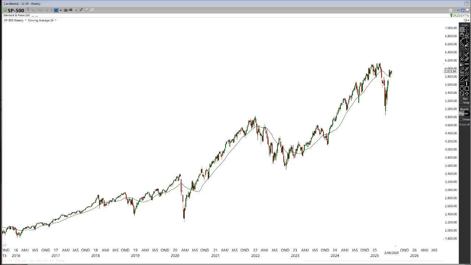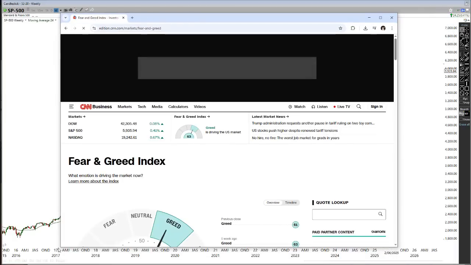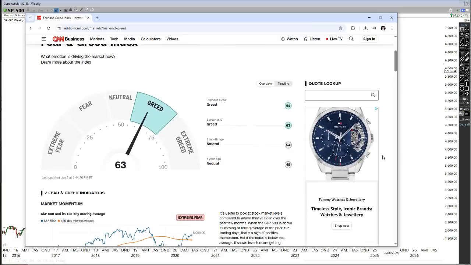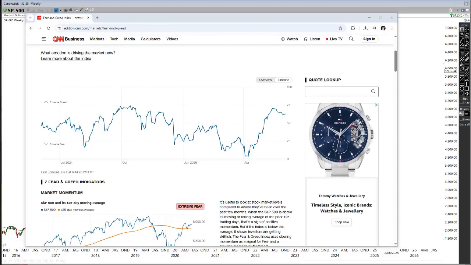Right? Bit of an FYI. Here's the fear and greed index. Class in session. If that happens again over the next 12 months, meaning if we get this Dubulaki guy,